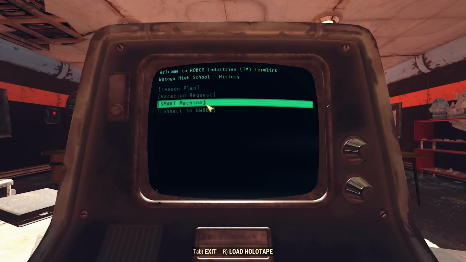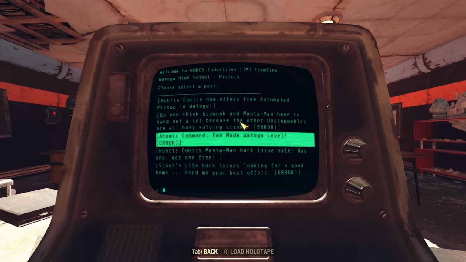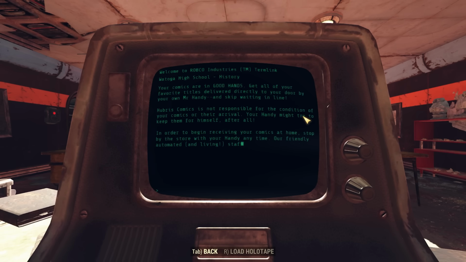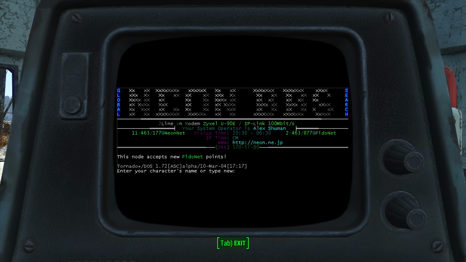What I think is a really great marker for us, though, is the mention of bulletin board systems or BBSs in both Fallout 4 and Fallout 76. For those too young to know what a BBS is, and don't worry, I'm not calling you out, I also had no idea what these were. These were digital public messaging boards where people could make posts, upload or download data, read news, and send messages to each other. BBSs were invented in 1978, but would really hit their stride in the early 1980s as technology advanced and allowed more people to access networks.